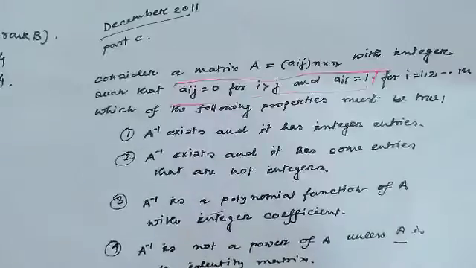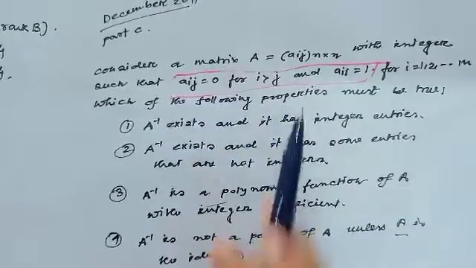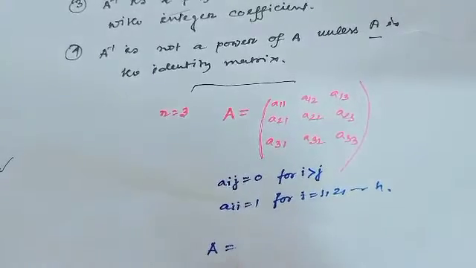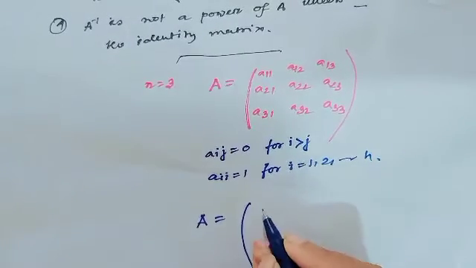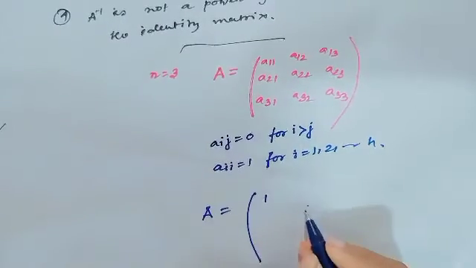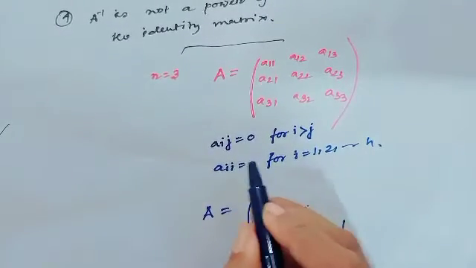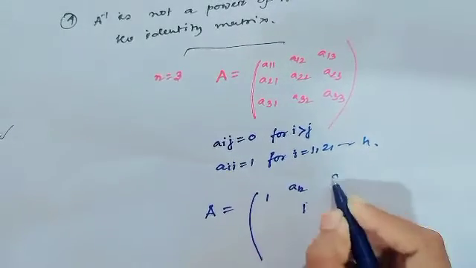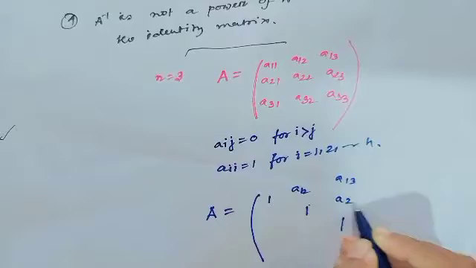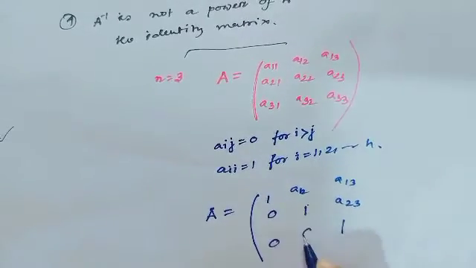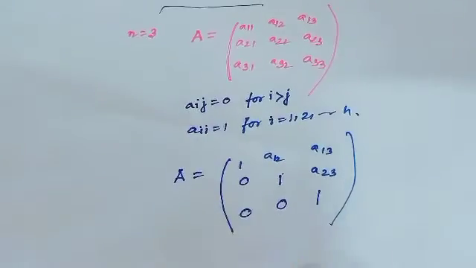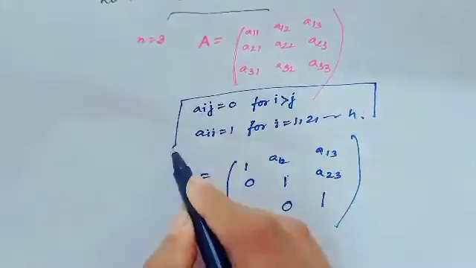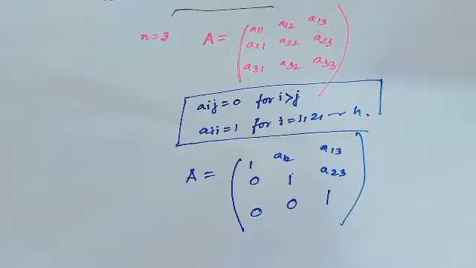Since the condition Aij equal to 0 for i greater than j and Aii equal to 1 for i equal to 1 up to n, the matrix would be of this type: Aii equal to 1 and Aij equal to 0 for i greater than j, then this would be A12, A13, A23 and this part would be 0. That means this is actually an upper triangular matrix